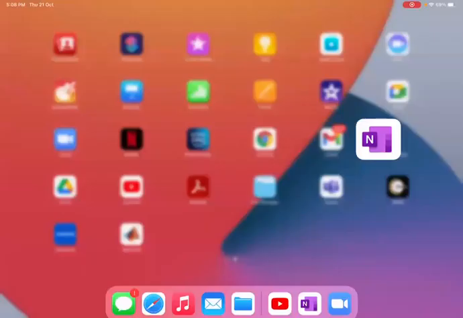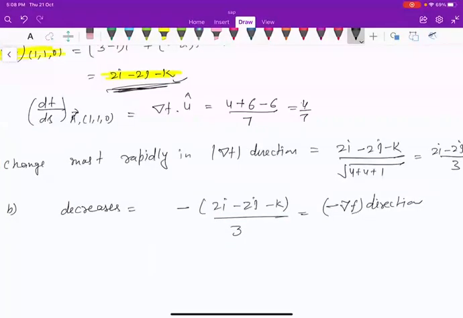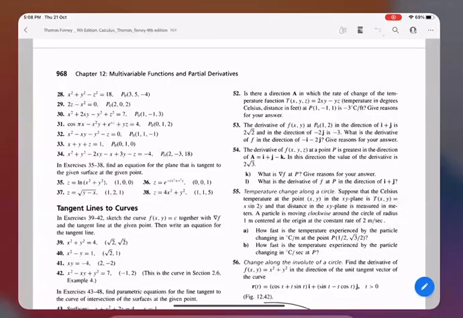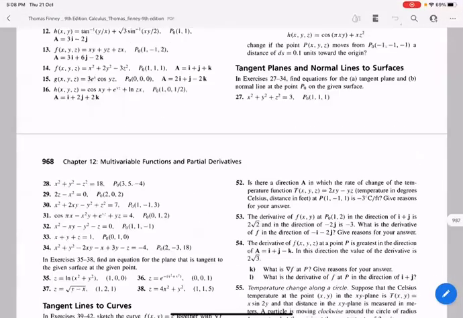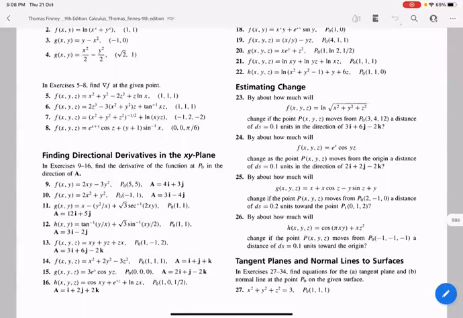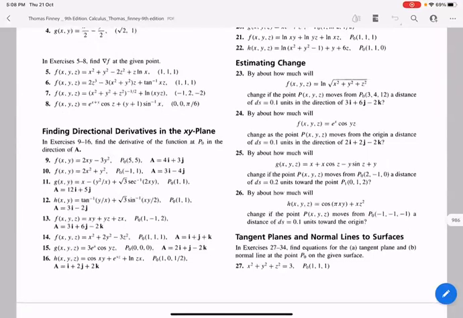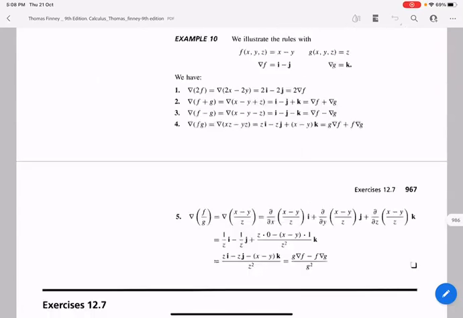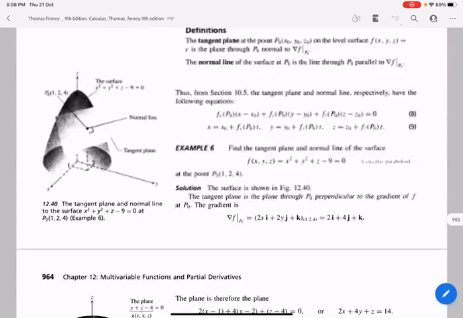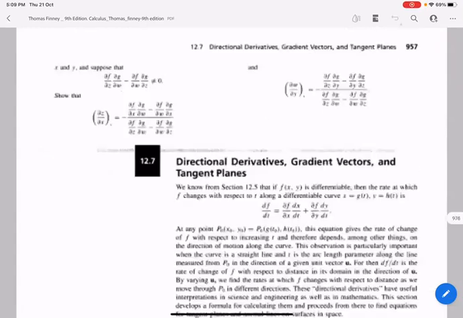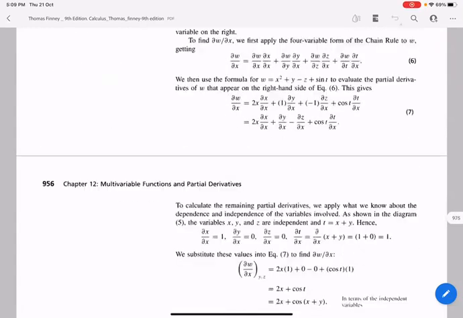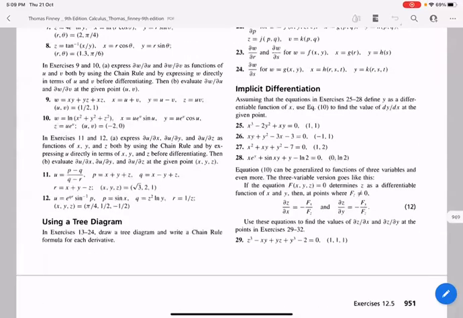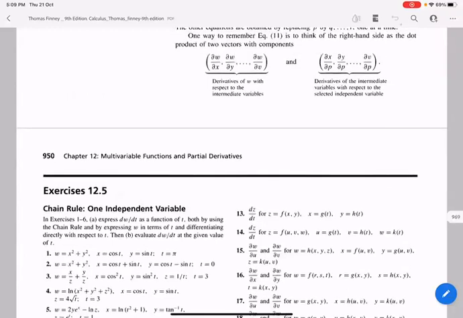Ma'am, please do the first question of 12.5 once. The first question of 12.5. 12.5. 12.7. You're asking about 12.7 or 12.5? Ma'am, 5. On page